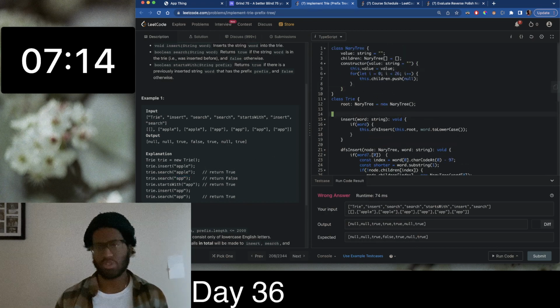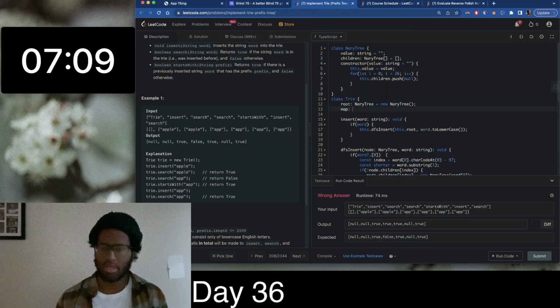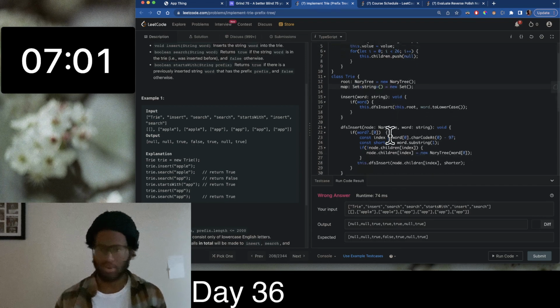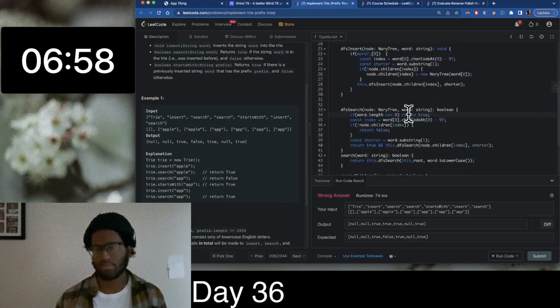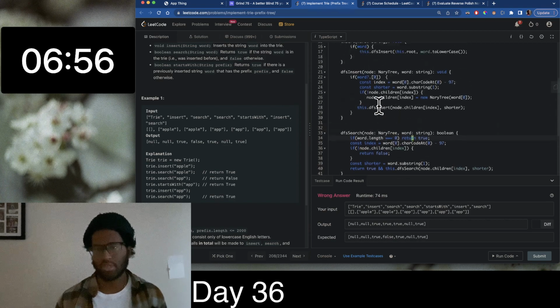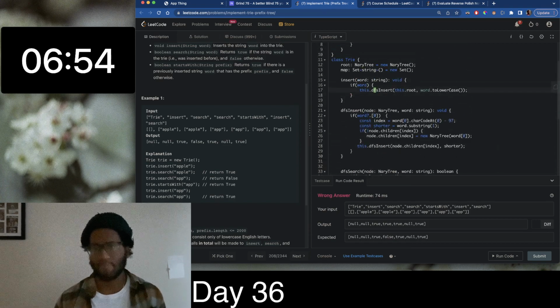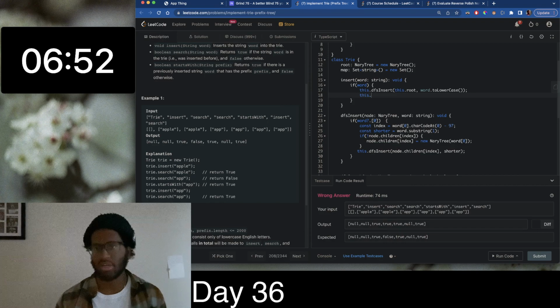I guess we could also have, a bit unclear here, but we could have a map. This would just be a map, and it wouldn't even be a map, it would just be a set of strings. And whenever we insert a word, if the word exists, we'll just do this.map, and it's really a set. This.set.add(word),